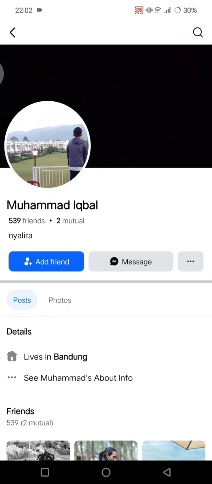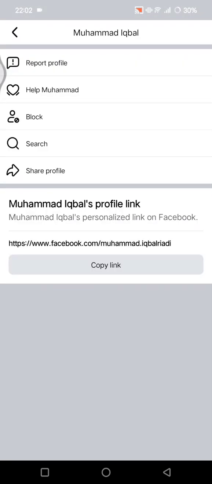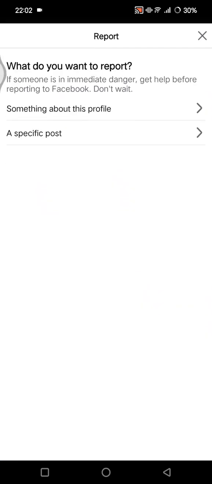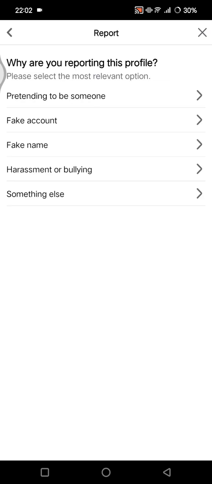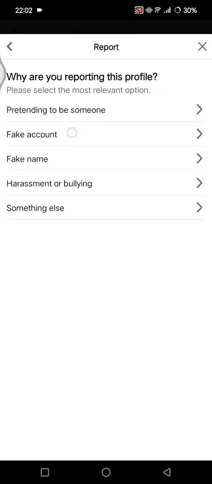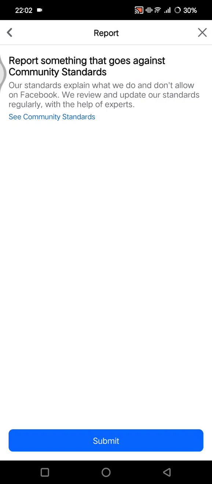So you can just click this three dots icon and choose to report profile, and then click on something about this profile, and then you can just tap on the fake account option and click on submit. And after that, you can just wait because it takes a few days for Facebook to process